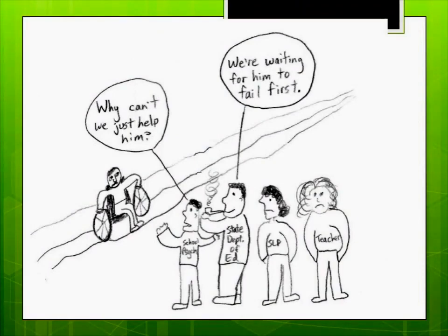This cartoon was found on a disability website. This discrepancy model between ability and achievement is often seen as the wait to fail model. When children are very young and at the beginning stages of learning to read, write, and do math, the differences between normally achieving children and children with disabilities are not nearly as pronounced.